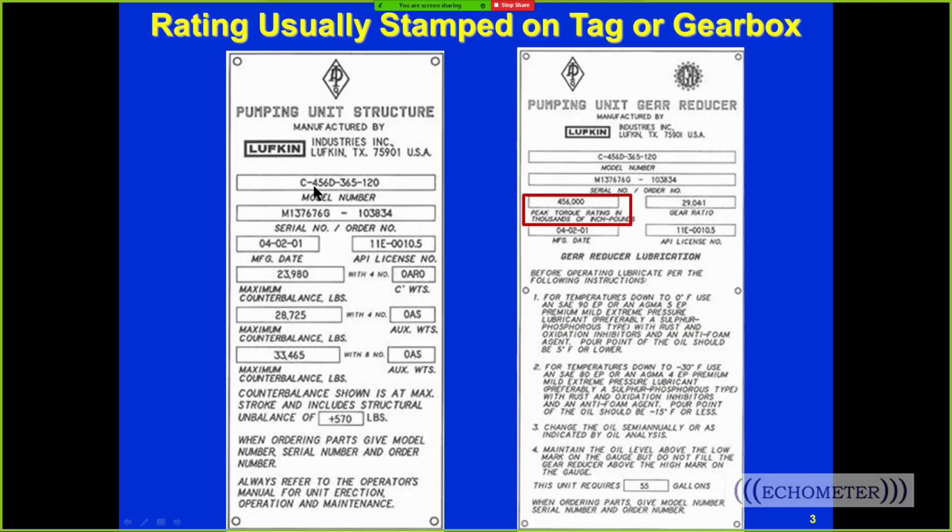leg, and it usually will have the API description here. I didn't say what the D stands for. D stands for double reduction. And a lot of pumping unit descriptions drop that now because almost all gearboxes now are double reduction gearboxes. But in the beginning, a lot of the gearboxes were single reduction, and so they wanted to put a D there to show that there's a difference between the type of gearbox that you got on the